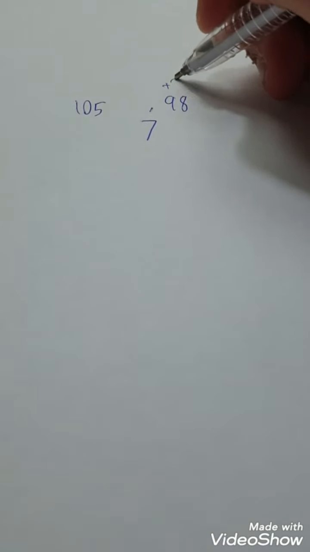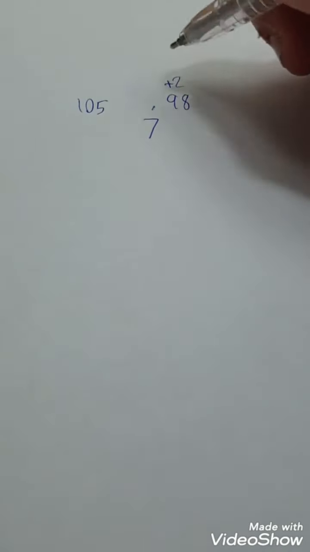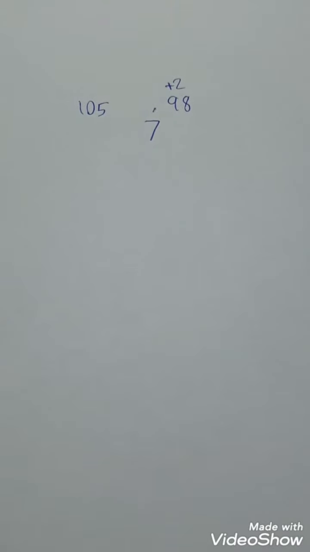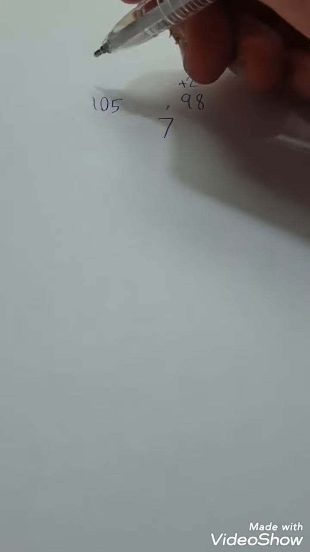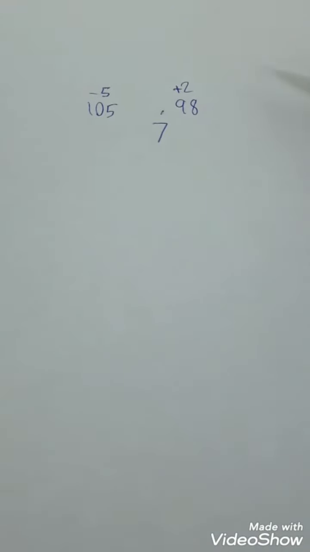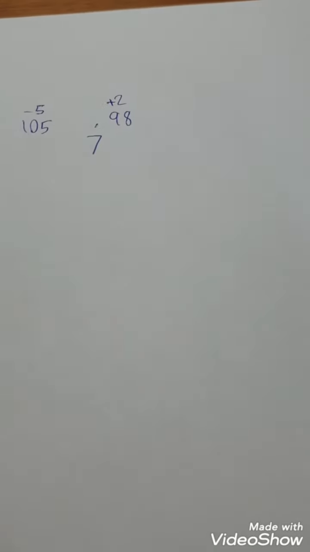So, if you want to use the 98, you will have to multiply by 2, then add. And if you want to use the 105, you will have to multiply by 5, then make minus. Okay? So, for example, let's take any number that is divisible by 7. For example,